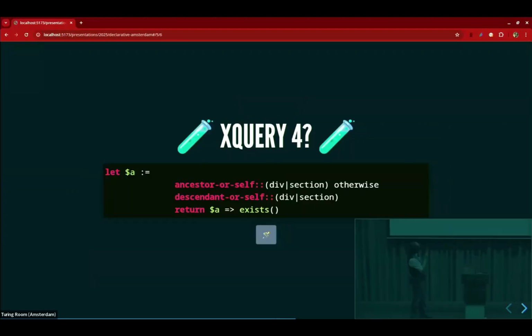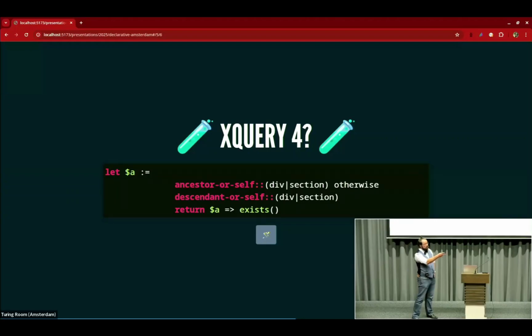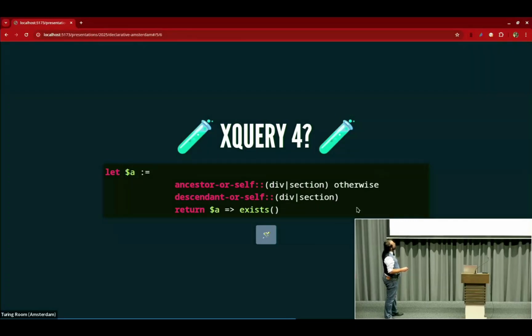So yeah, XQuery 4, of course, was announced yesterday really brilliantly with all kinds of new syntax constructs. Hopefully it will be done, I understood, next year-ish, maybe end of the year. But yeah, we have some different syntax constructs in here. I am using my two favorites: I'm using otherwise here, and I'm using a combination axis. Union node types, yeah, union node types, exactly.